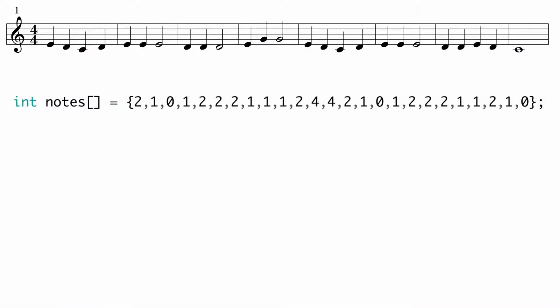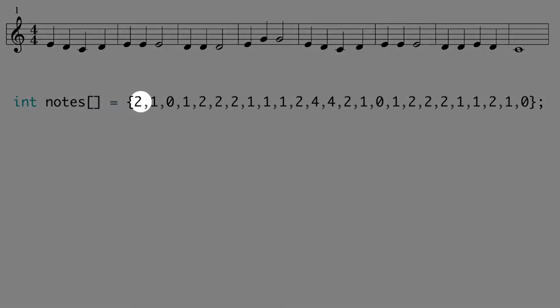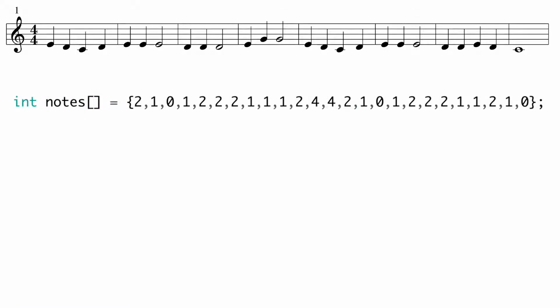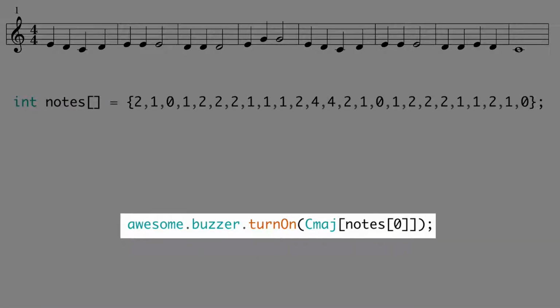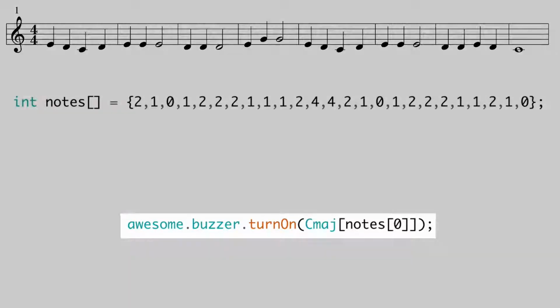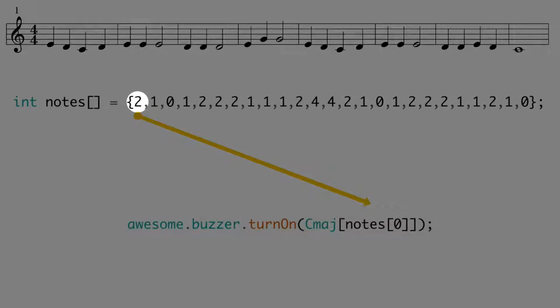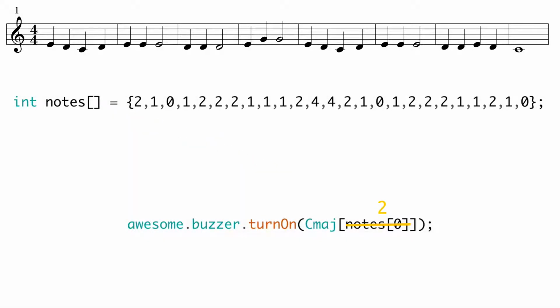So the general idea is to go through the notes array from beginning to end and get Arduino to play each note in order. We can get Arduino to play a note from the notes array using this line of code. Let's break it down into small pieces to see how it works. Notes at index 0 is the first entry in the notes array, which is 2. So our code really tells the buzzer to turn on and use the frequency that's stored at index 2 in